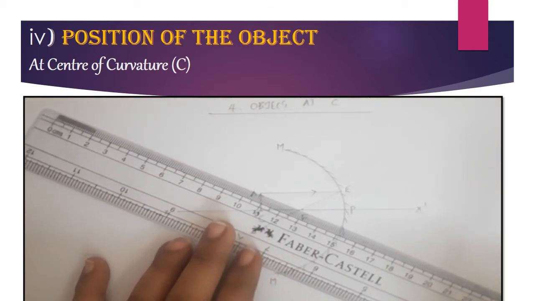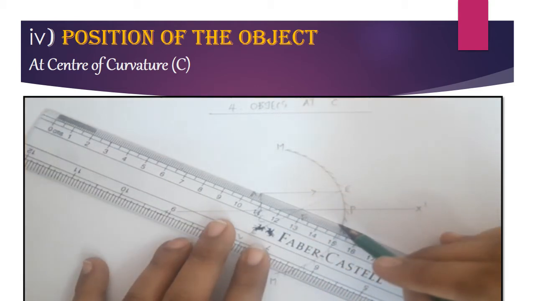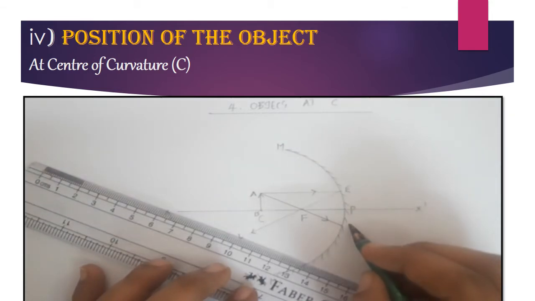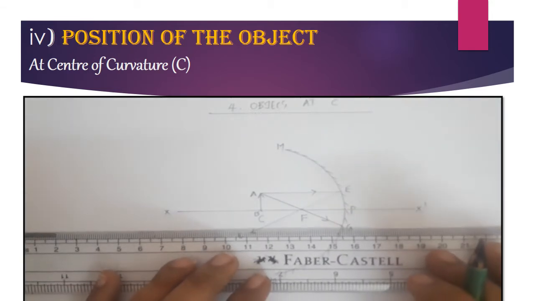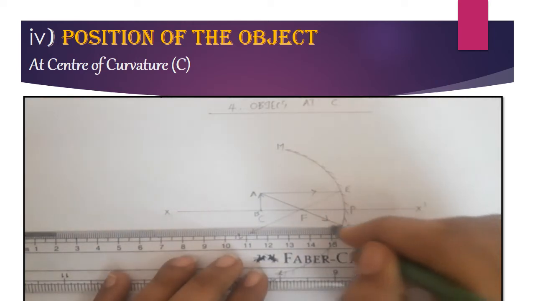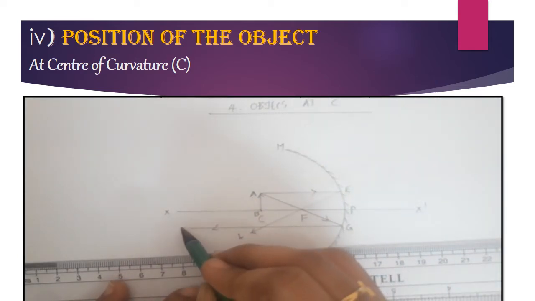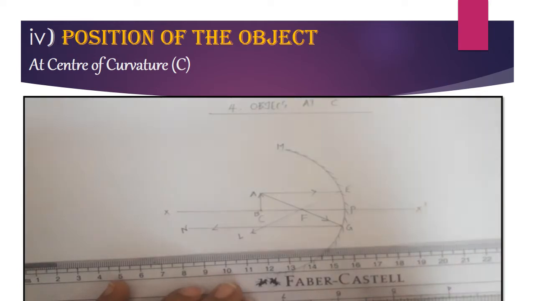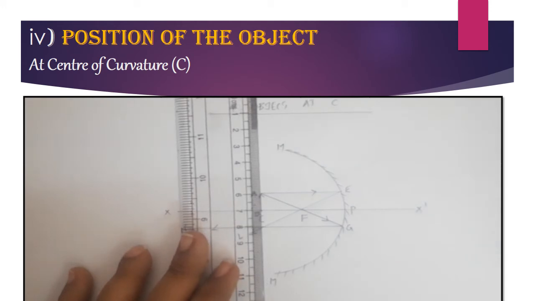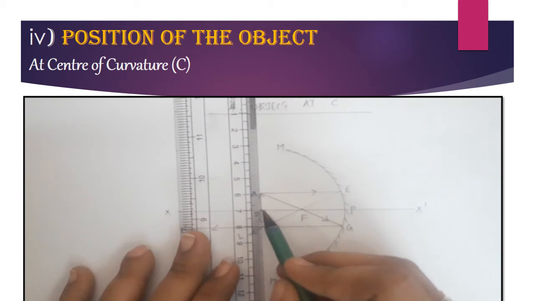So let us show that. The light ray entering through the focus. So this is our object. From here the light ray will enter through the focus and this is our second incident ray AG, and it will emerge parallel to the principal axis. So here is our reflected ray. Let this be GN. You can name accordingly. So here you see that the light rays meet at this point and here we get the image. See children, exactly at C we get our image.